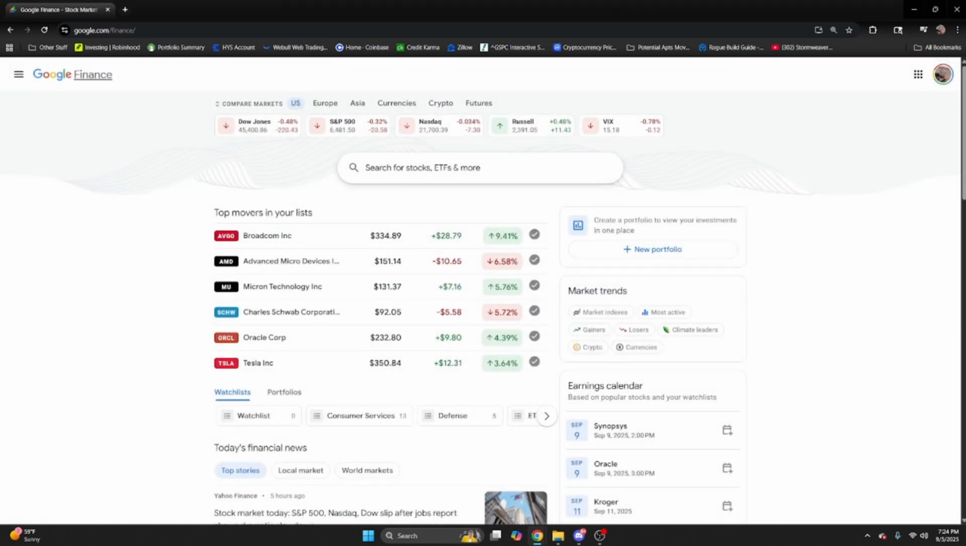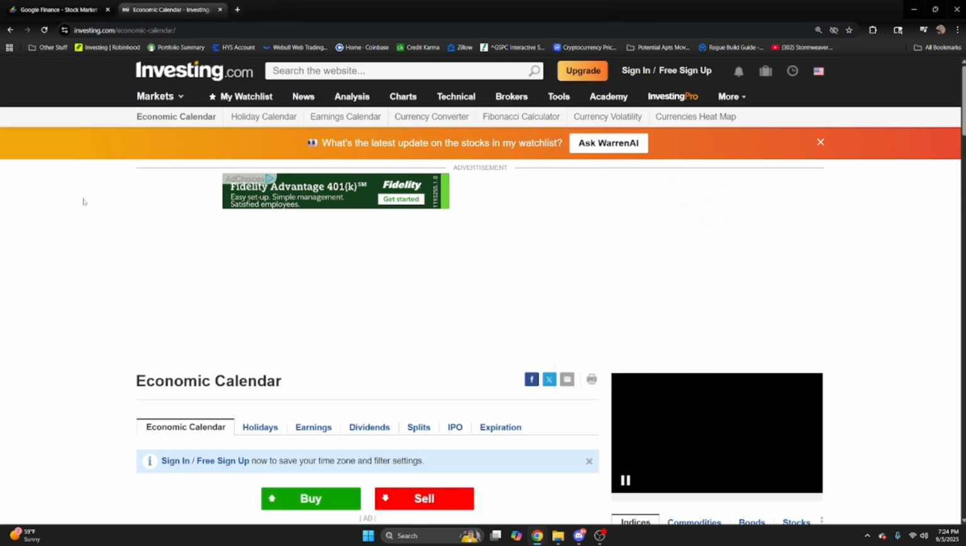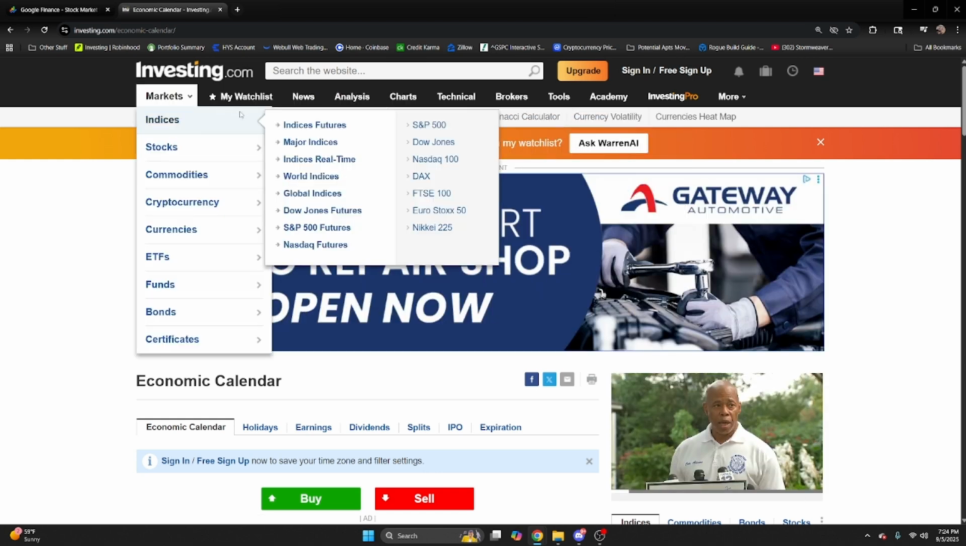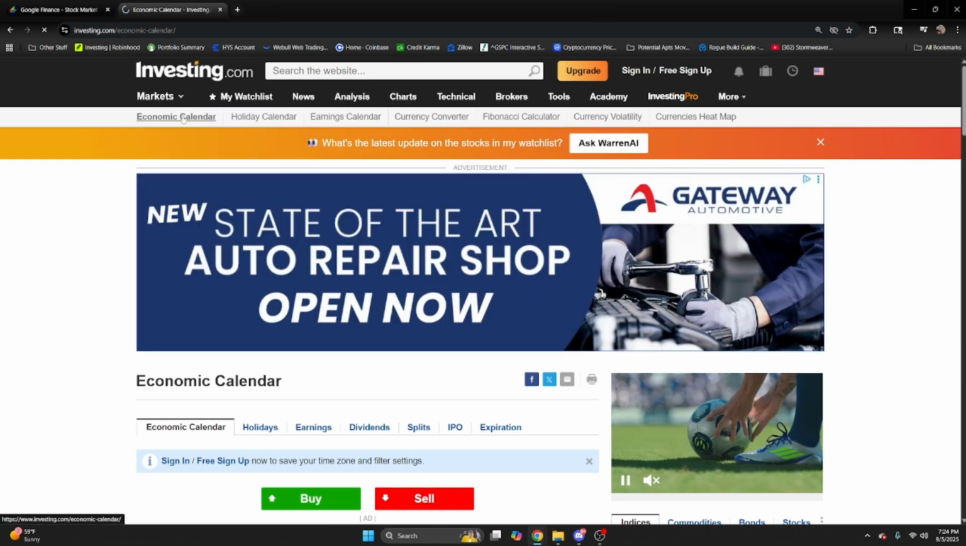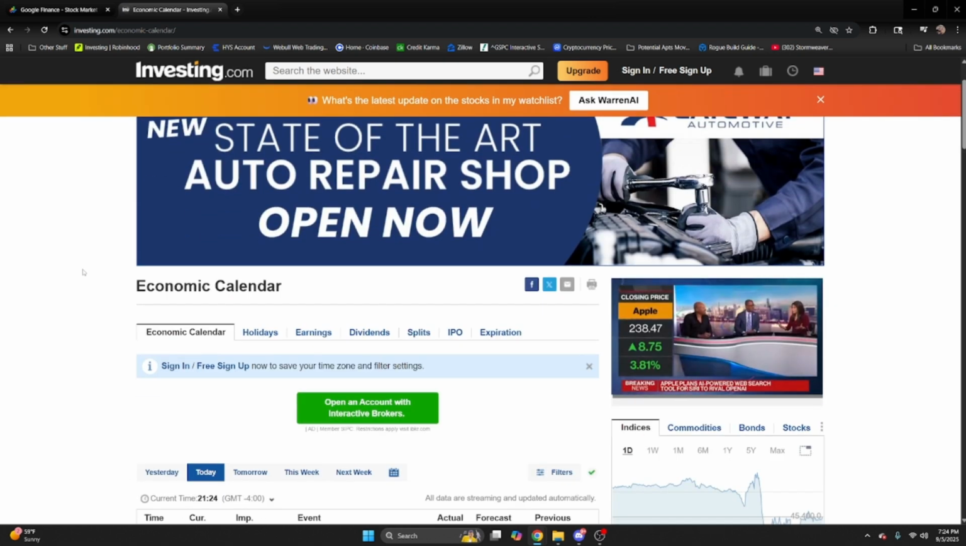So I want to introduce you guys to another tool that I use on a very regular basis. It's called investing.com. They have what they call an economic calendar. And I find the economic calendar to be really interesting and helpful because it can help to make sense of why assets or indices might be moving in one direction or another,